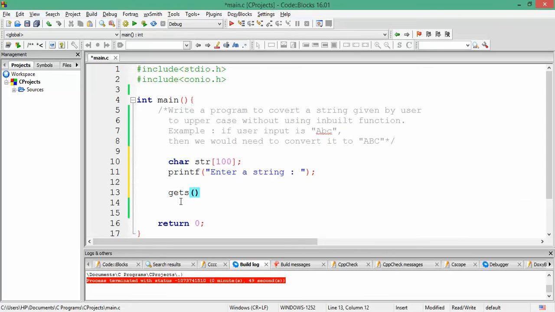We use the gets function to get the string and store it in the str character array, with an assumption that the user would not be entering a string of length more than 99.